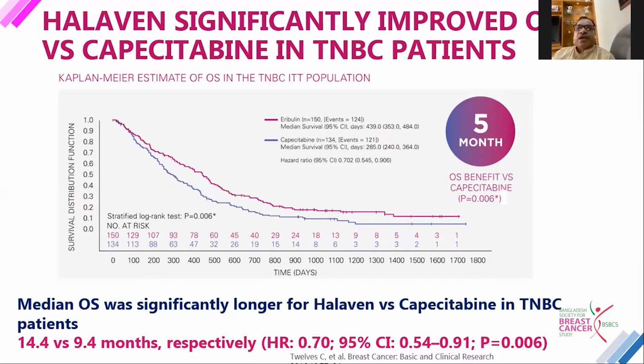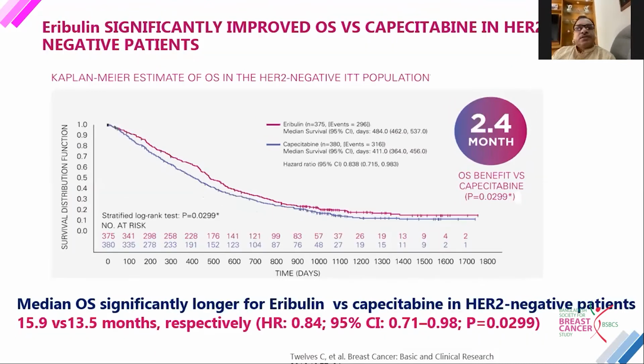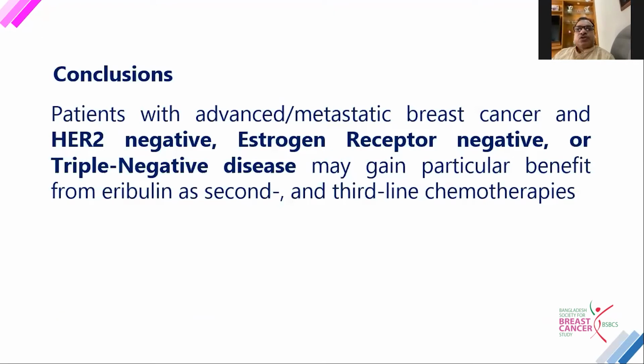So in triple-negative breast cancers, if we use Halaven in the second or third line, it gives more benefit, about 5 months, than the capecitabine arm. It also significantly improved the overall survival versus capecitabine in HER2-negative patients, by 2.4 months. So in this slide, patients with advanced metastatic breast cancers that are HER2 negative, ER negative, or triple negative may gain